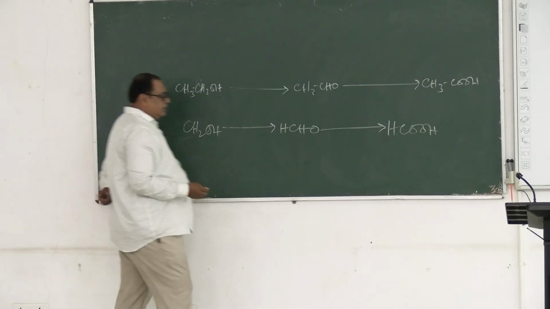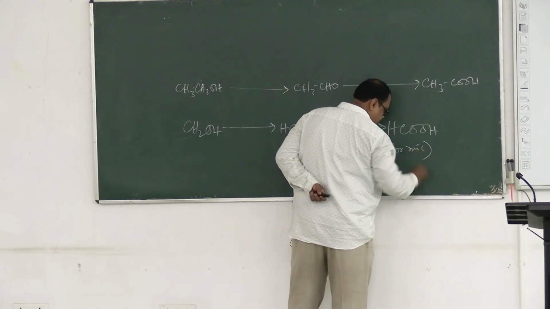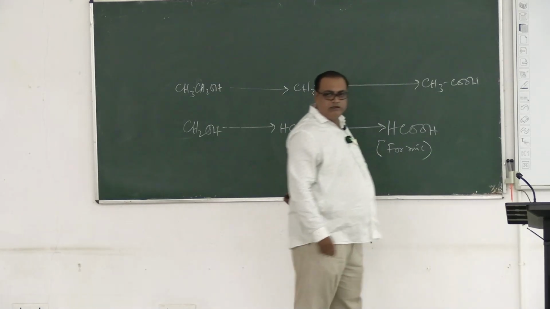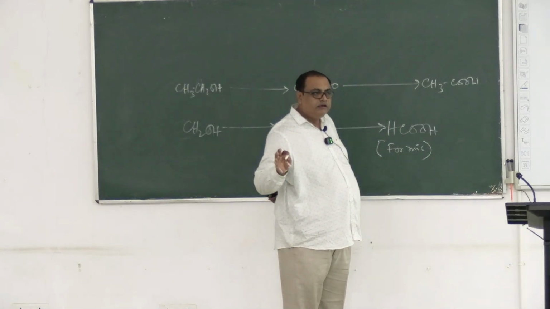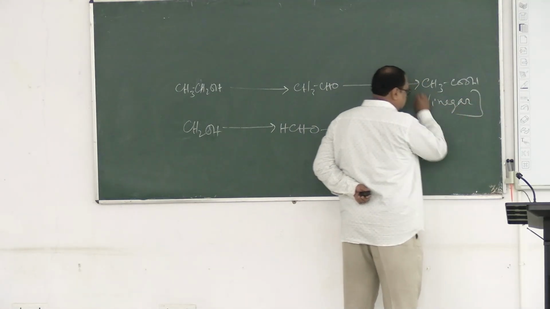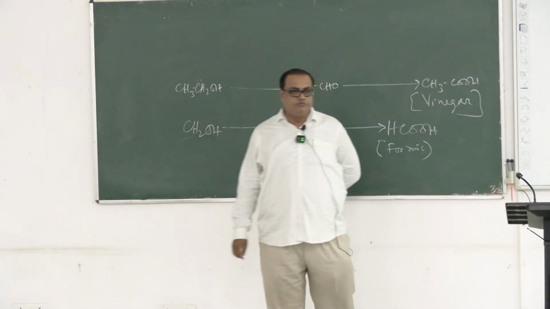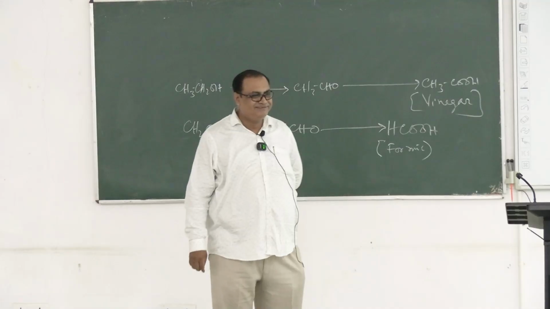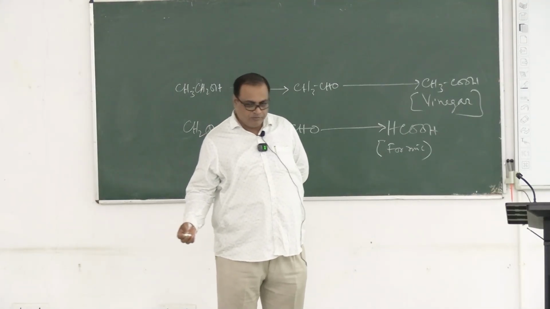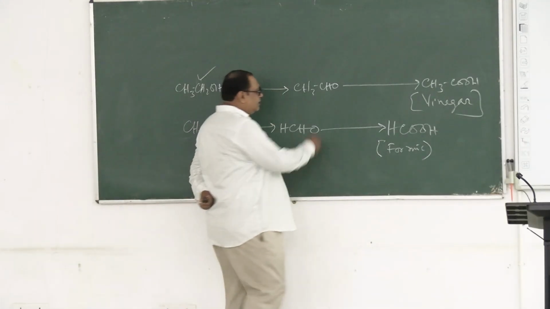Right. Now this acid is formic acid, and this is what? If I write this, okay, now tell me which one do you consume? Vinegar. So is it harmful? No. So if we consume ethanol, in the liver